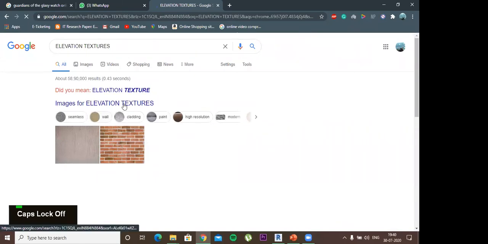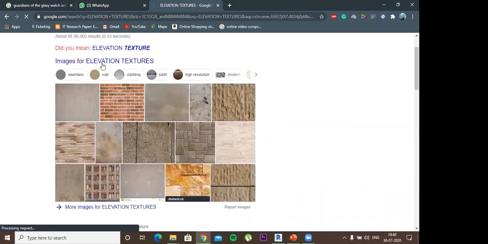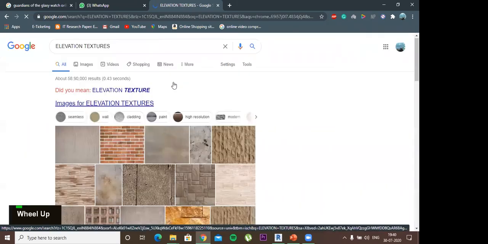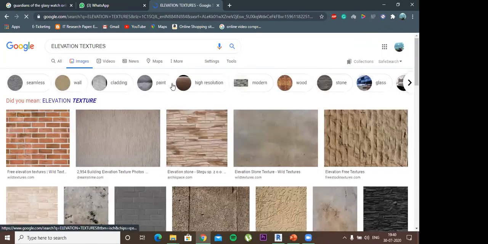If you want this type of wall, you can download this image, you can create your own material and you can paint your material wall through this image. You'll get different type of elevation and you'll get a lot of textures. You'll get wooden textures, modern, high resolution textures, wall claddings, glass textures, everything you can get on Google.